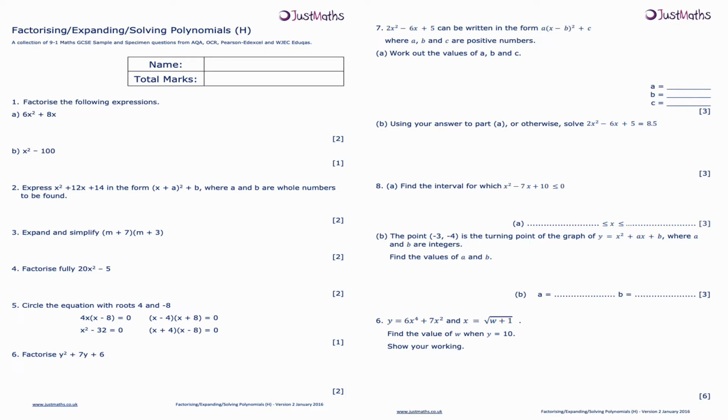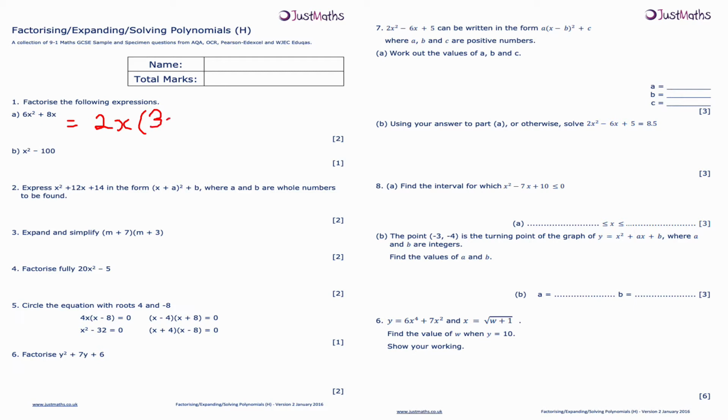Right guys, this is question number 1. Factorize the following expressions. Part A, 6x squared plus 8x. Now this is a single bracket because I've got two terms here. The highest common factor of 6 and 8 is 2, and the highest common factor of x squared and x is x. So it's 2x brackets